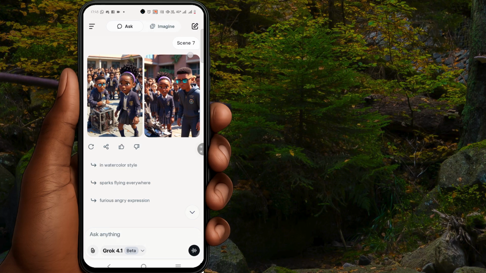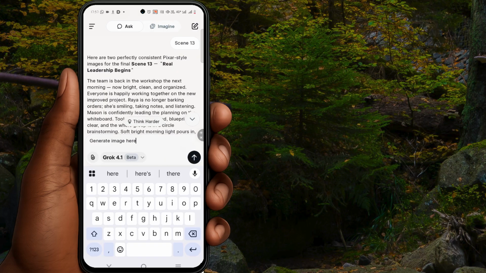It's possible that while you're trying to generate your image, you could be met with a couple of hiccups, like Grok not giving you the images. I noticed that after generating about 10 images, I began to have a couple of issues. So you most likely will want to tell Grok, please generate the images here, which helps ease the stress for you. I have to say generate image here, and I have to mention the same number as well.